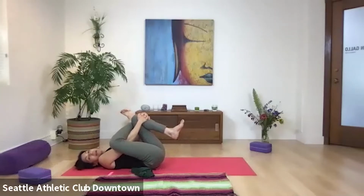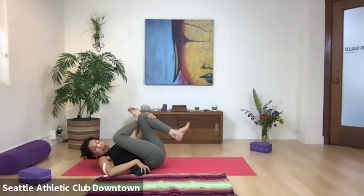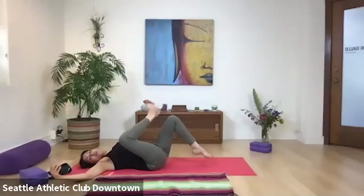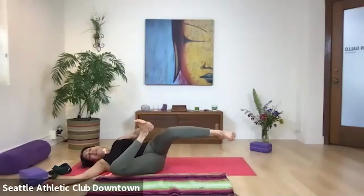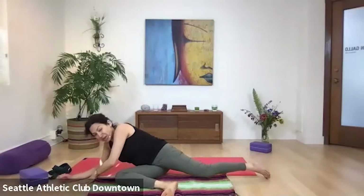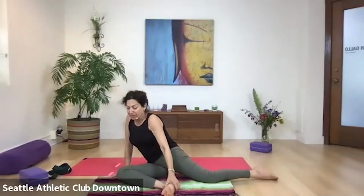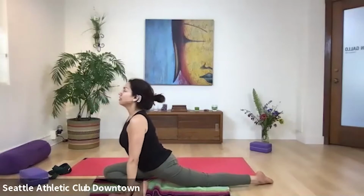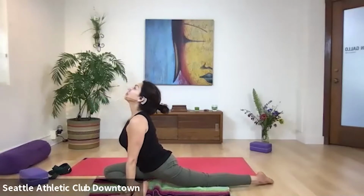Okay. So some will stay here. Some are like, I'm not rolling onto pigeon, and others will say, yeah, I'm gonna try it. So what you do is you dismantle your threading the needle. You roll onto your right. Use your top hand. Your left hand comes up and pushes you up, and then you're going to adjust, and there you are. And you're going to lift and look upward. Breathe in,